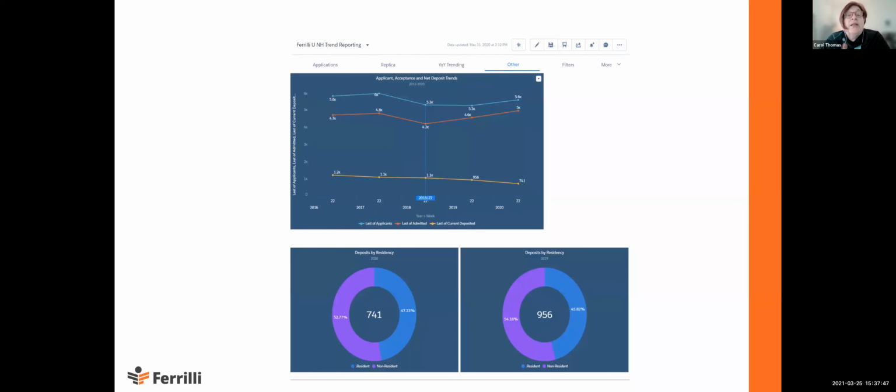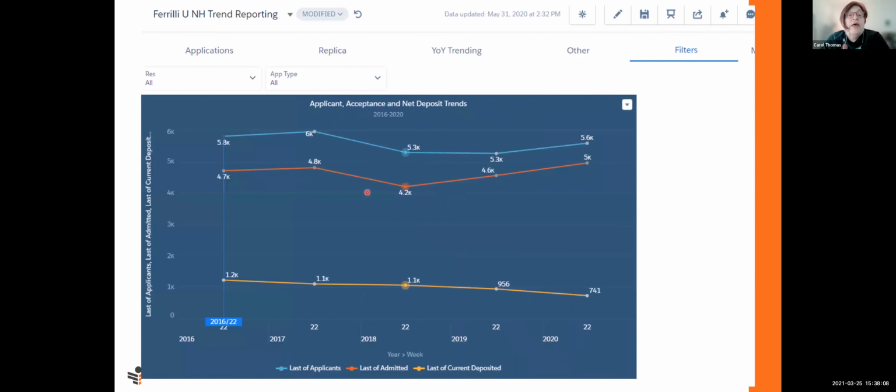But that data did allow them to do some additional graphical displays of the data. In this case, the board really liked seeing displays such as this. So this was one of the tools that they could use to report out what was going on in their admission pool. When they decided to add some filters to that, and here I've got it filtered by a residency